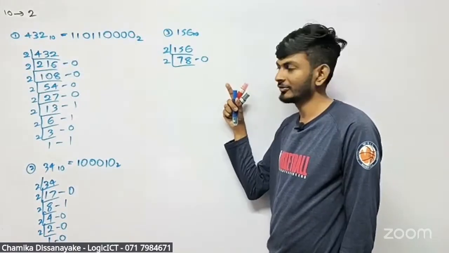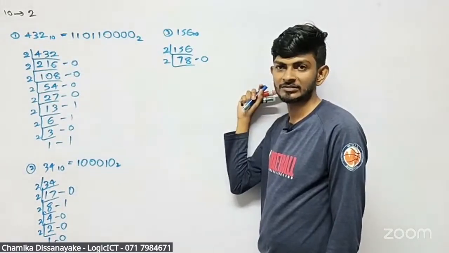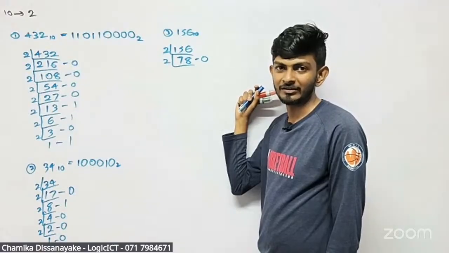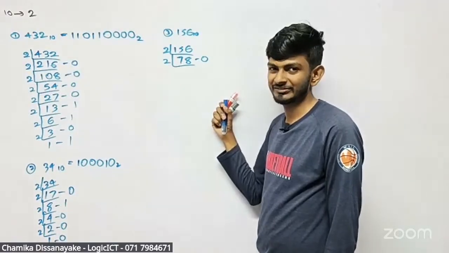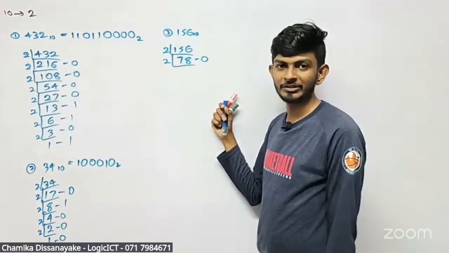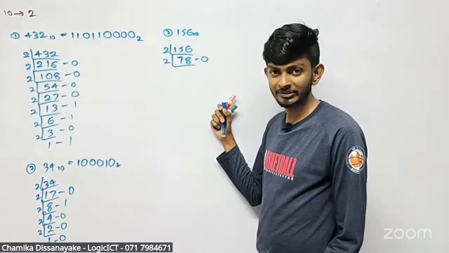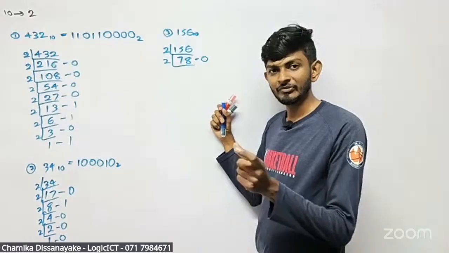Later on, we are going to divide by 8. It will be very hard, but when we divide by 2, it is very simple, no? Just divide by 2. That will be very simple, guys. But when we are going to divide by